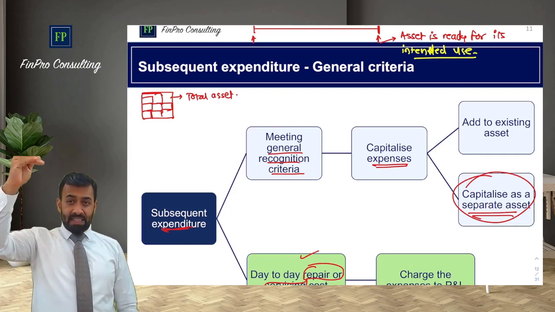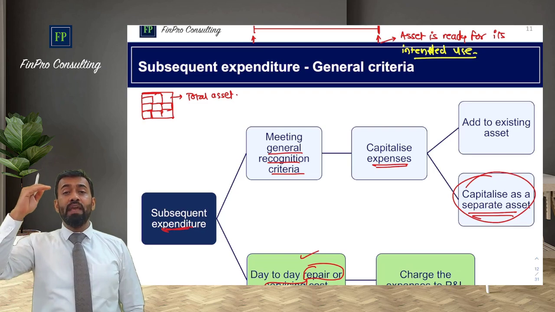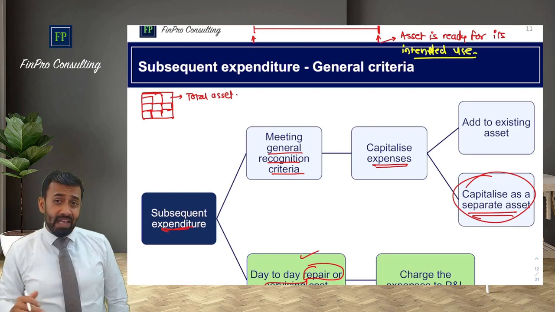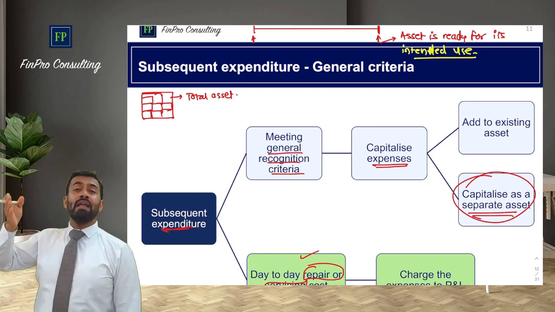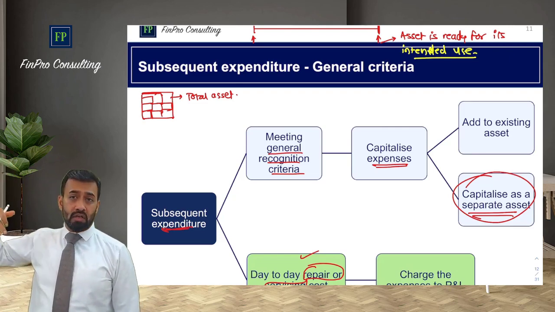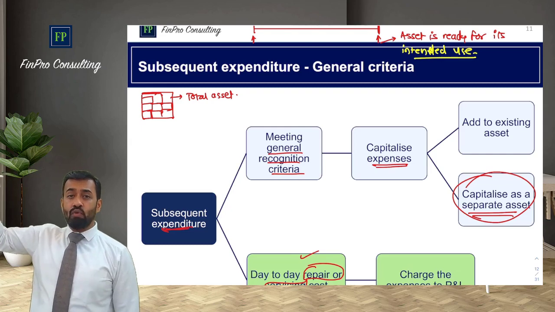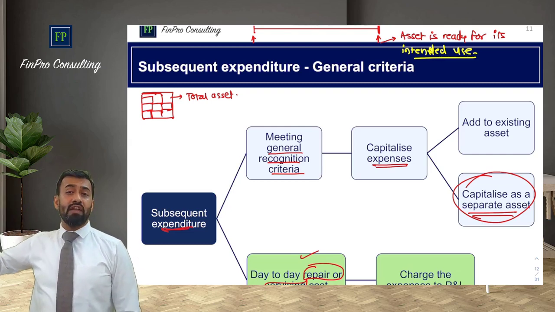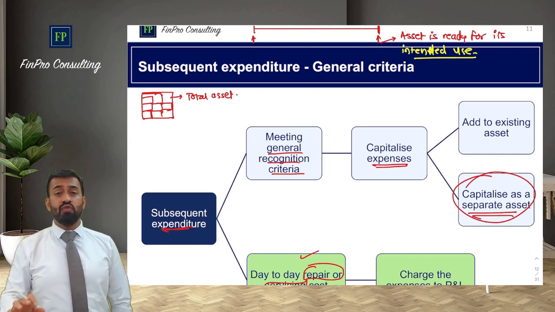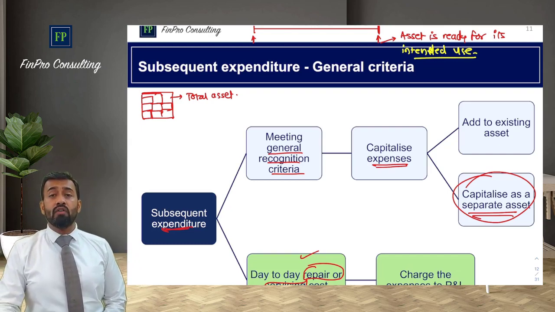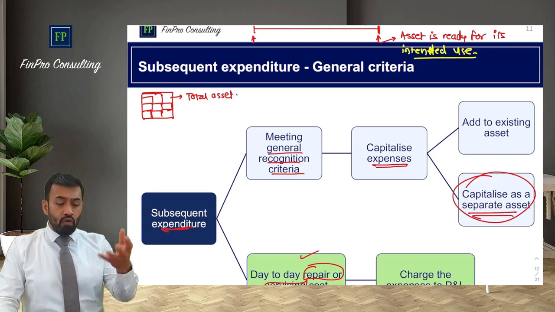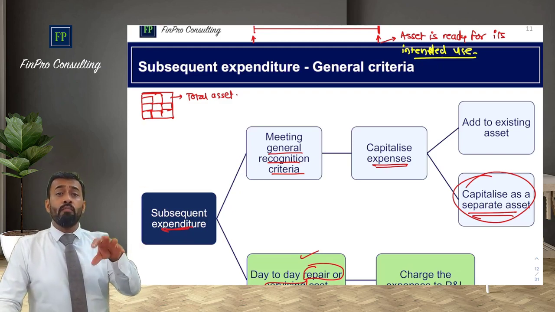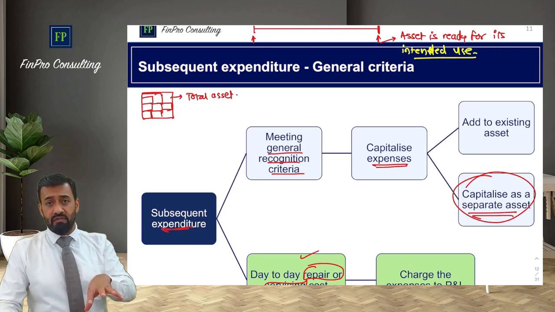That will be the parent asset. And child asset would be then engine, then your interiors, exterior body, landing gears, etc., which might have a life different than each other. So the depreciation key that will be assigned to each child asset will be different. Depreciation calculation method will be based on the useful life of that asset. That we call it as a componentization of asset. It stems out of this concept of subsequent expenditure and also another concept of componentization from depreciation itself.